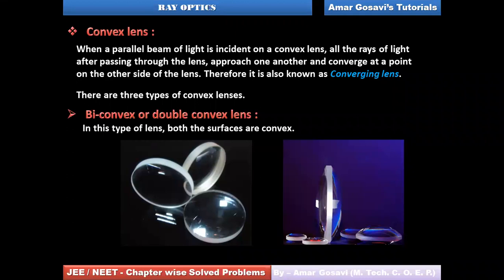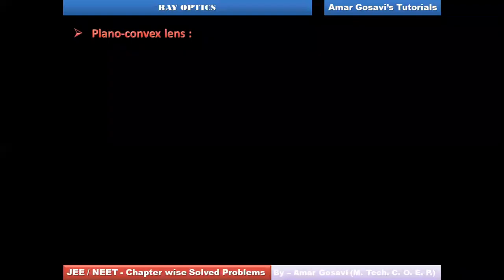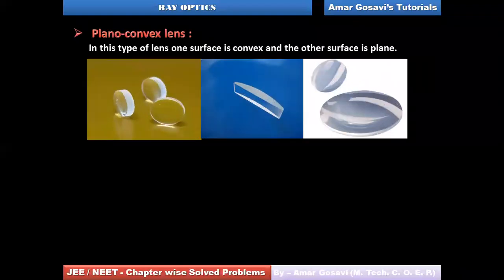Most of you say done. So let's move ahead then. Okay, let's move ahead. You can see the second type can be the plano-convex lens. That means one side of the lens would be plane. You can see one side is plane and the second side is convex. Such a type of lens we call plano-convex.